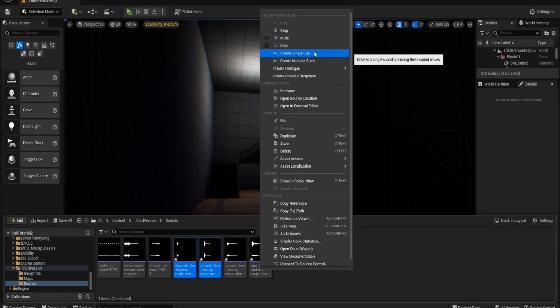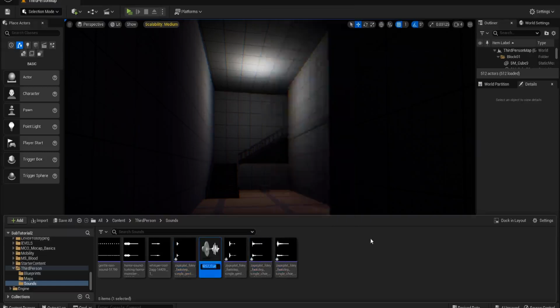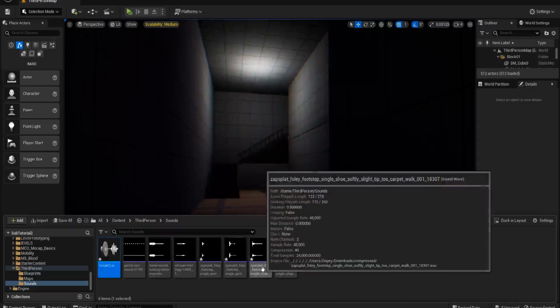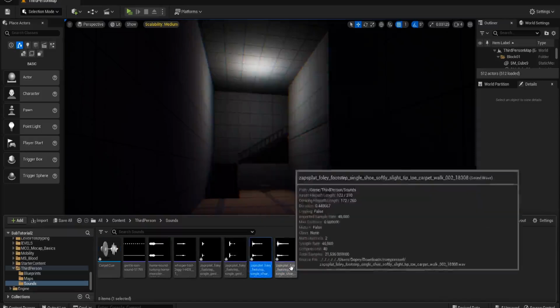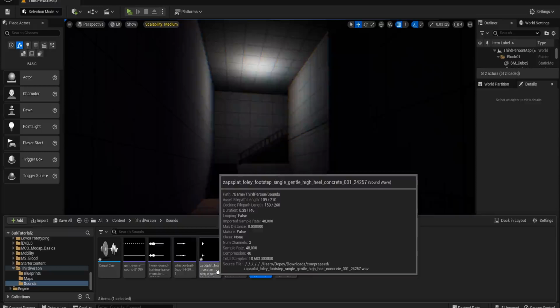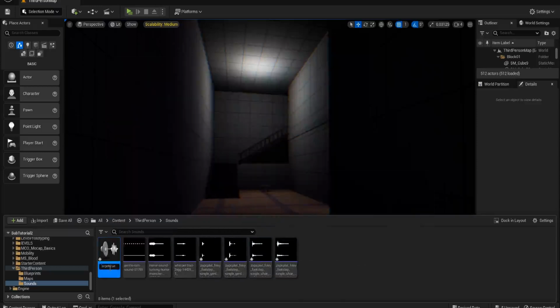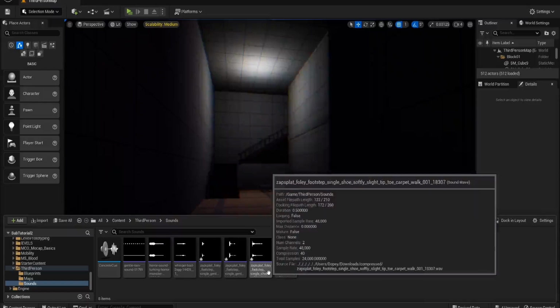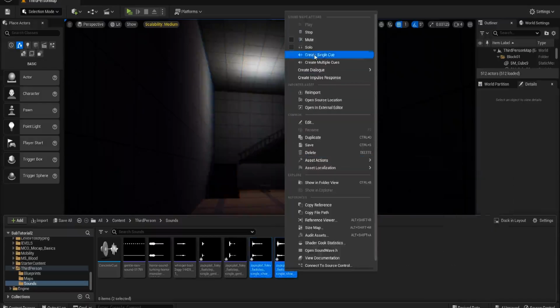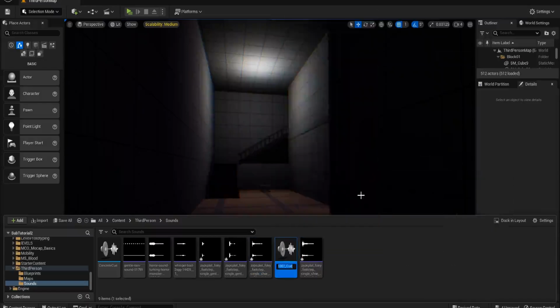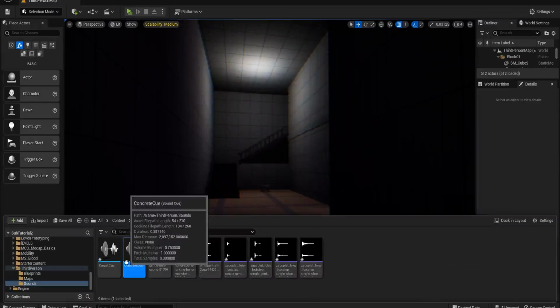We're going to create a single queue, and we're going to call this carpet queue. And then we're going to grab our, oh wait, did I do that wrong? Sorry, that is our concrete sound. Concrete queue, and then we'll grab our carpet sound, back to here, create another single queue, and we'll call this our carpet queue. If we open those up,